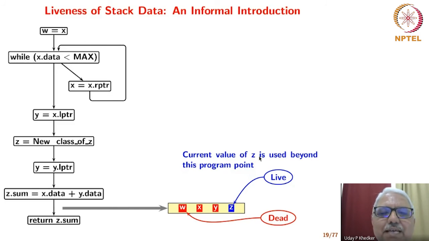A simple litmus test of determining whether a variable is live at a program point or not is to imagine this. Supposing we were to put a garbage value in the location of the variable, will the rest of the program be affected? Is there a chance that the rest of the program may be affected, assuming every path is equally likely to be executed? If that happens, then the variable is live. On the other hand, if we can assure that no matter which execution path is taken by the program, if we put a garbage value in the variable, nothing is going to change, then that variable is not live.